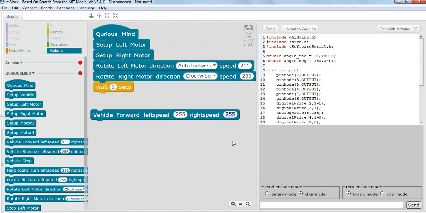So if I use, let's say, speed 150 here, I know the vehicle is going to turn towards right. And I can keep this 0 as well. If I keep it 0, it will turn to right with the right wheel stationary and only the left wheel moving. So it will swivel around the right wheel. We will use this same understanding for turning.